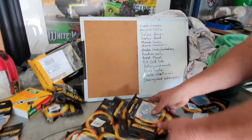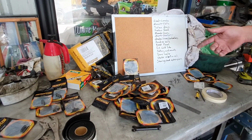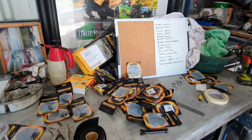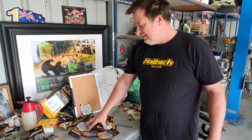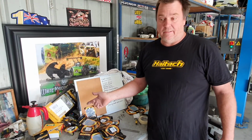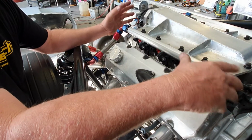But there's $600 worth of fittings we fitted today, and made up all the lines, oil feed, oil return, a lot of boost lines, and yeah, it was really good to knock that off today. Yep. Yeah, so now with the bonnet off, you can see we've